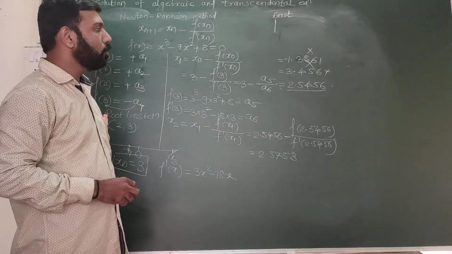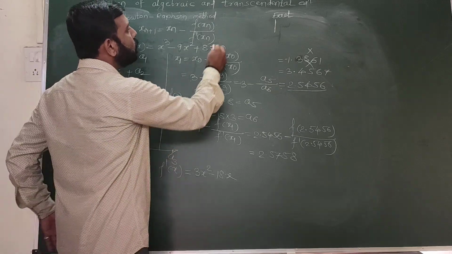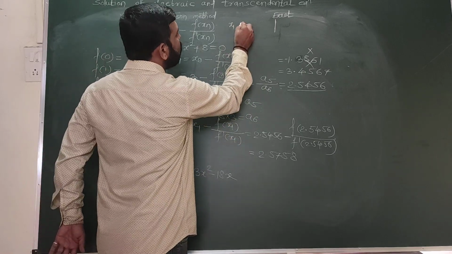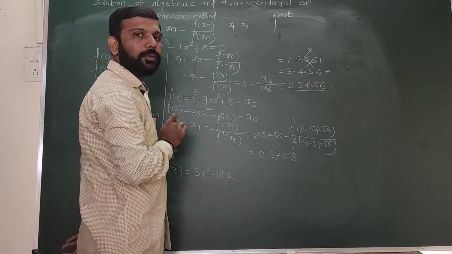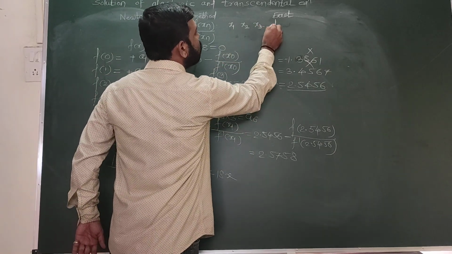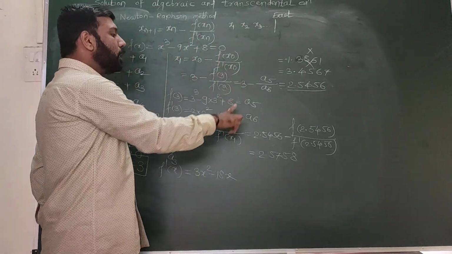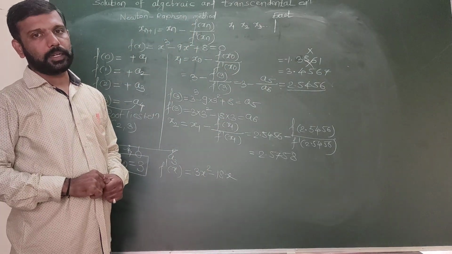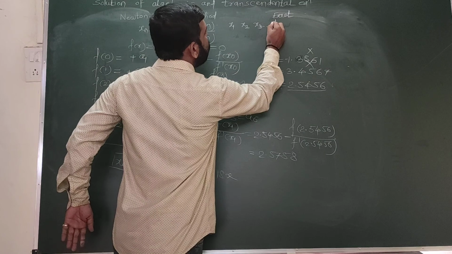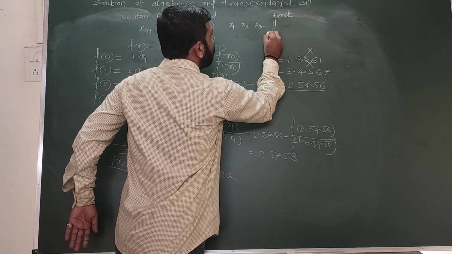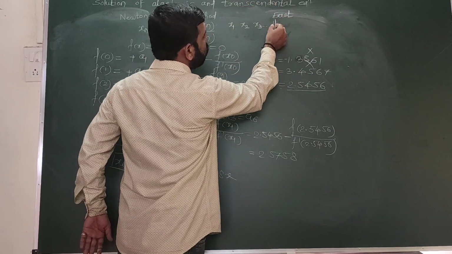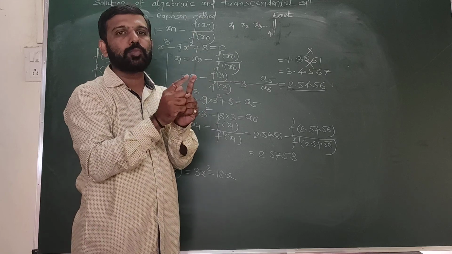This is our exact value. So the first x1 value is at this position. If we calculate x2, we become nearer to the exact value. If we calculate x3, again we are nearer to the exact value, and so on. By using this method, we will not get the exact factor, so we always get an approximate value. So in between, this is the line for the approximate root, and this is the line for the exact root. In between these there must be a smallest difference.